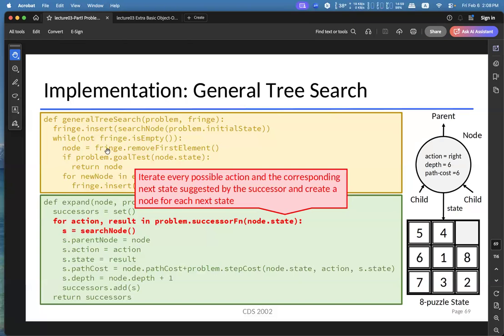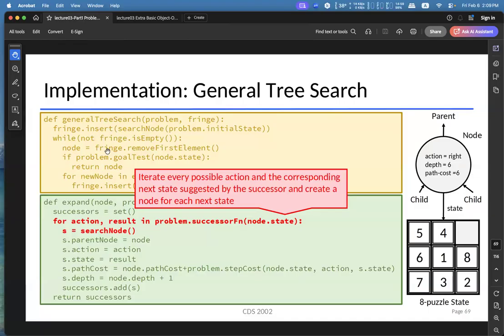We isolate the technical details of solving the problem from the algorithm. No matter what kind of problem we're working on, we still call the problem's successor function to generate the neighboring states of the current state. This is the beauty of this approach.